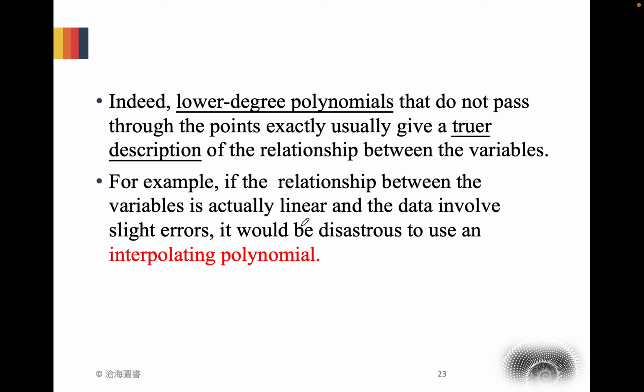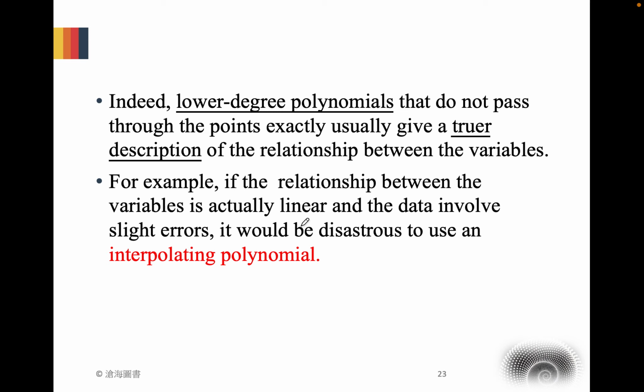However, we always have measurement error. So if we insist on finding a polynomial to 100% pass through all the data points, then you will need a very high degree polynomial, which is not good